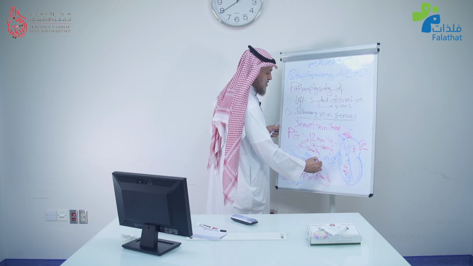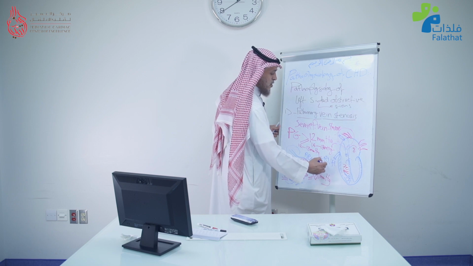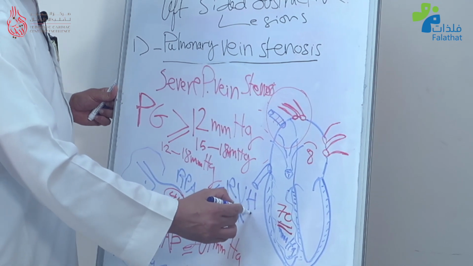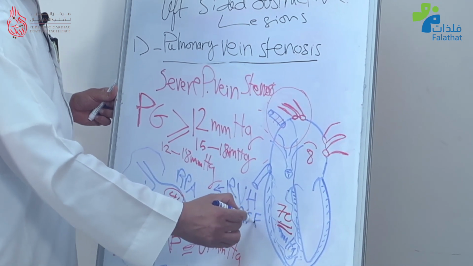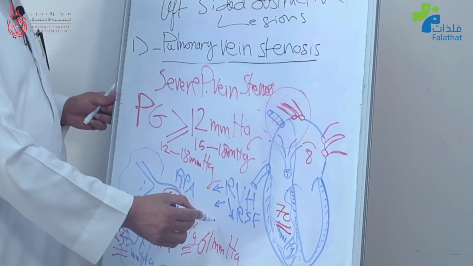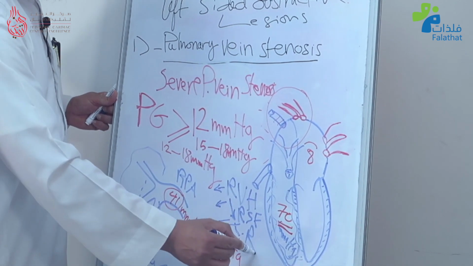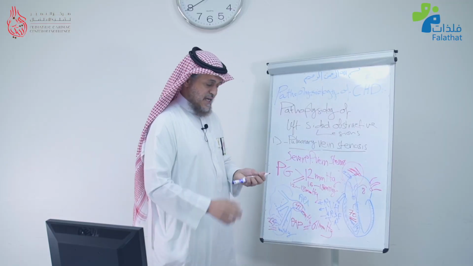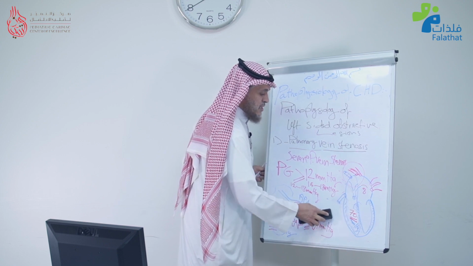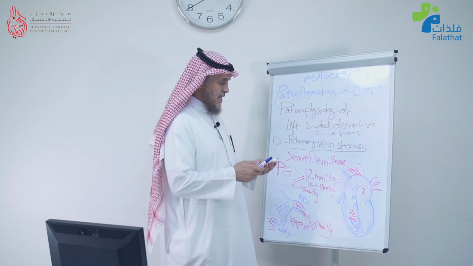If untreated for a long time, it may cause a significant decrease in RV systolic function. And if we just continue up, it will give us tricuspid valve regurgitation, and that can vary from mild to moderate to severe depending on the RV function and the severity of